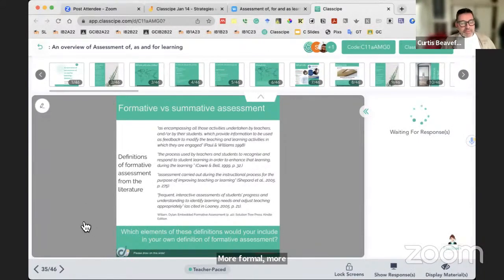Definitions of formative and summative nature, I just put some definitions up here. I realize we're a little bit behind, so